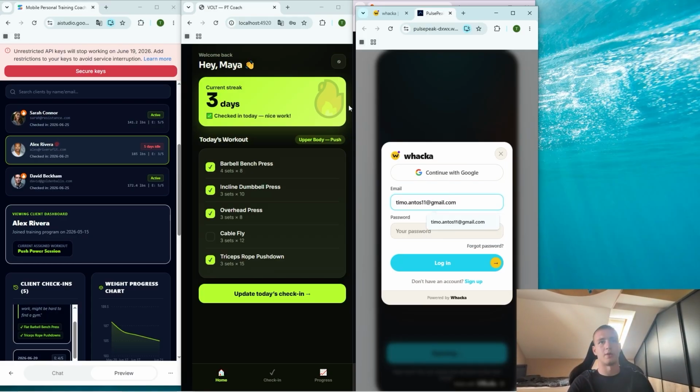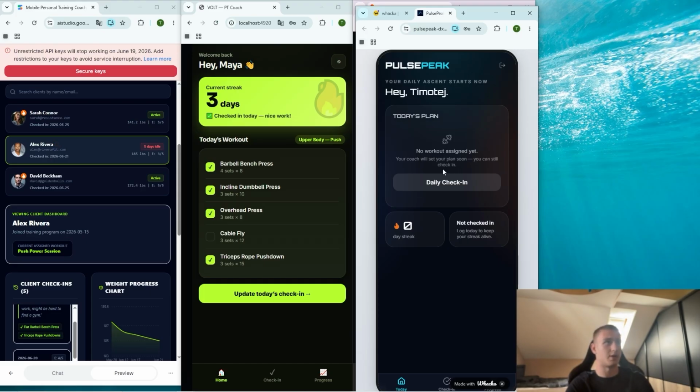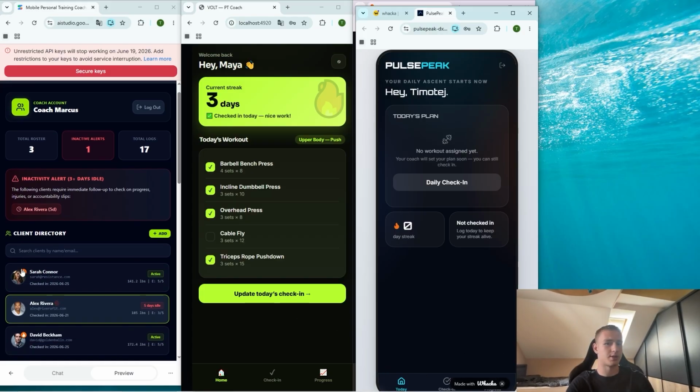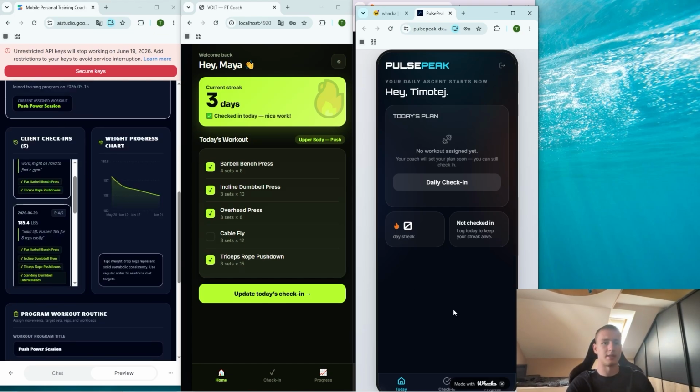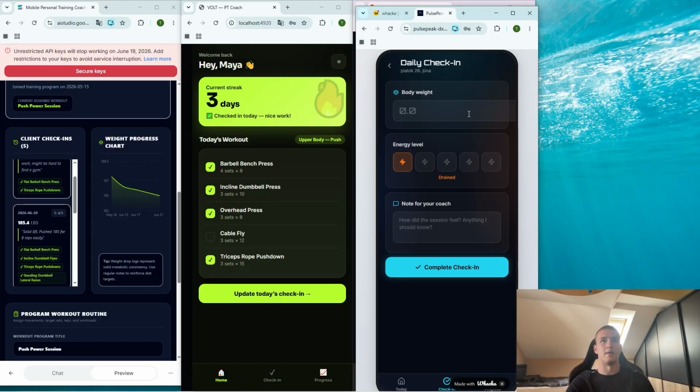The emails are stored in Whacka database, which is pretty cool, so we don't have to set up anything. Let's continue. Great, now once we are here, it's also the futuristic style. Not as much as this one, but it is still pretty futuristic. It shows better the menu option, so we don't have it like this, because I really hate this. We don't have the emojis, so less AI, I like that. Daily check-in. Let's see the check-in. Okay, I really don't like that it's going over the bar. That's not ideal. If we want to have just basic phone UI. Okay, energy levels, I like this. This is pretty creative,